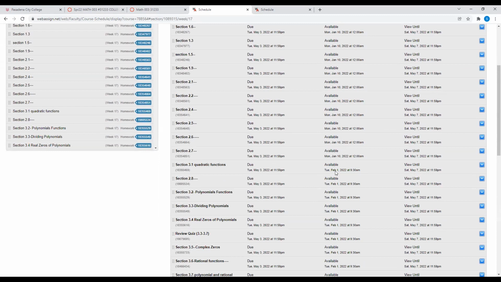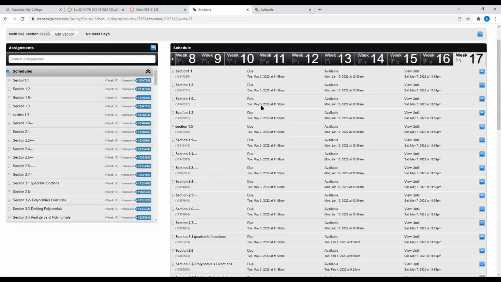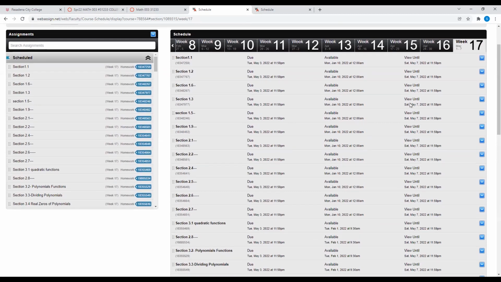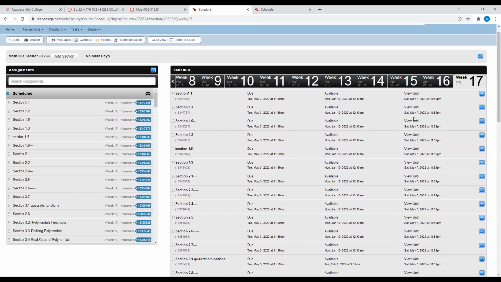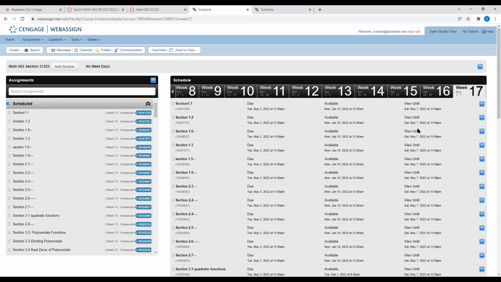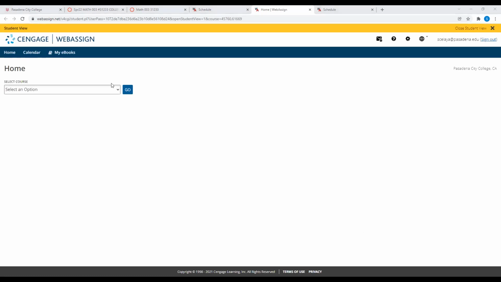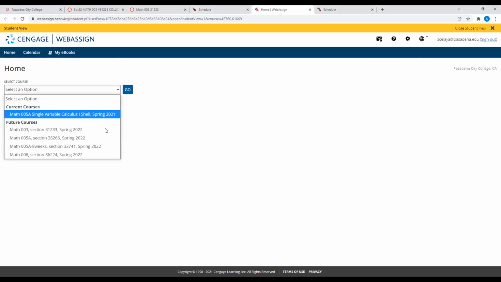Some will change to February 1st, like chapter 3. And you can see the due date here. You can still see some of those sections because your class will end the week before May 7th. Now, if I click on the student view, you will be able to see that the page is different. So I will have to click onto yours.